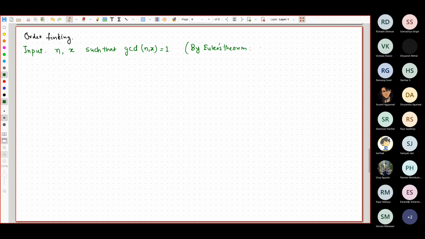what does this imply? This implies that x to the power phi of n, the Euler's totient function of n, is congruent to 1 mod n, right? So let us recall everything that we studied in that context, right? Okay, so recall